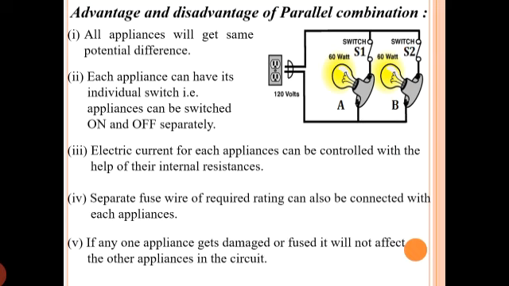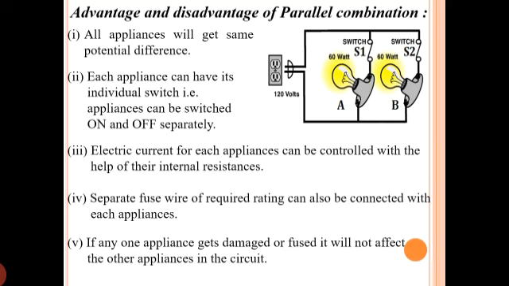And the last one, it is understood if any one appliance gets damaged in parallel, it will not affect the other. For example, in this case, if bulb A is fused, this path is open, so bulb A will not glow, but still it has nothing to do with bulb B, because bulb B is connected in a different path. So even if bulb A is fused or this path is open, path B can be closed and current can flow through B and bulb B will work. So that is another advantage of parallel combination,